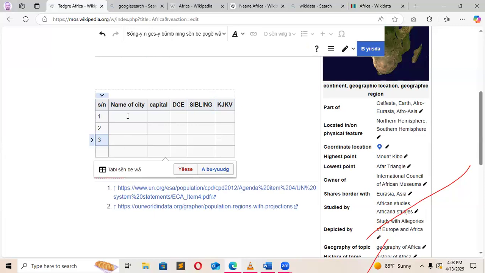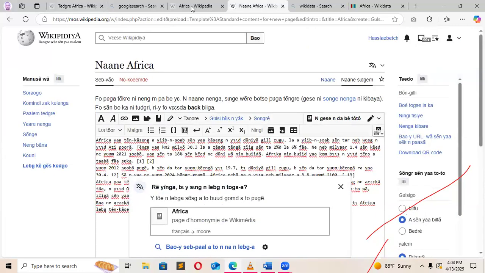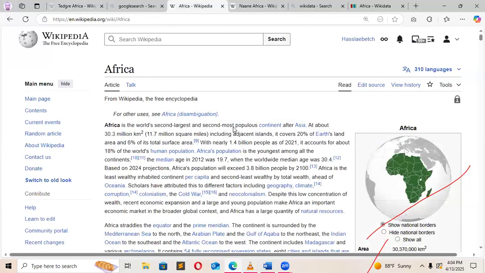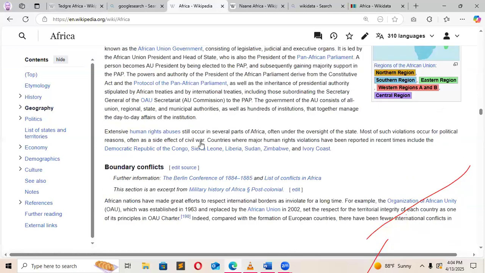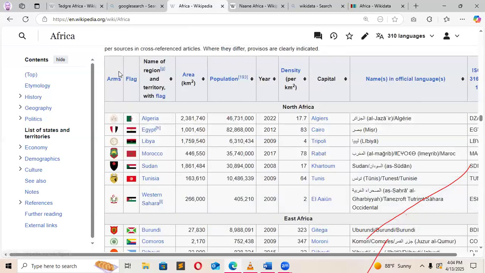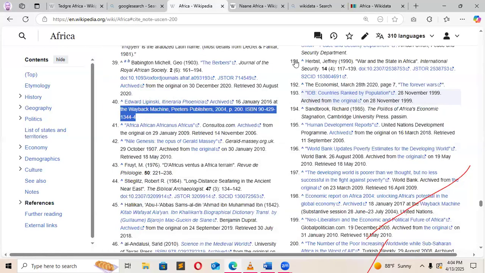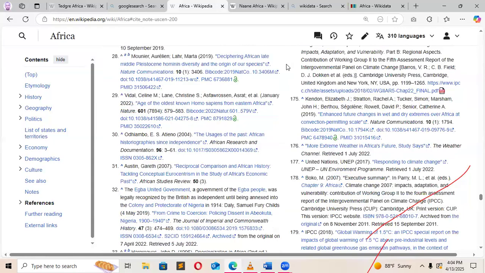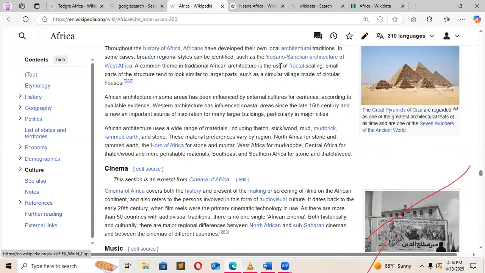If it's from English, what you can do is just copy the table and paste it. For example, let me go and see whether I can see a table in English. So this is a table. You can just copy this table. There are 2 ways of copying the table. You can edit it and copy it, or you can just copy it directly. You can get it from there.